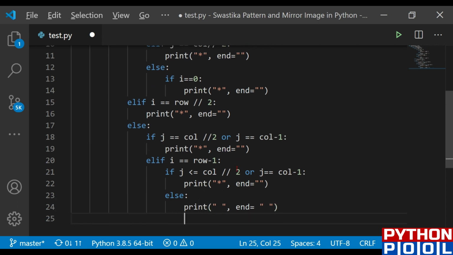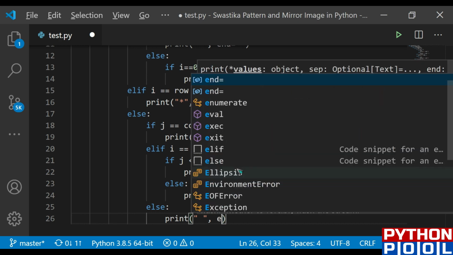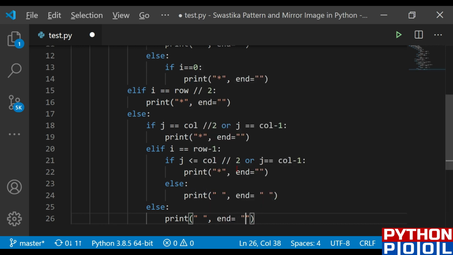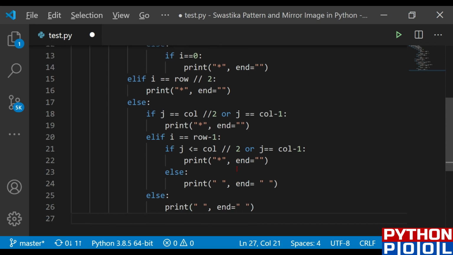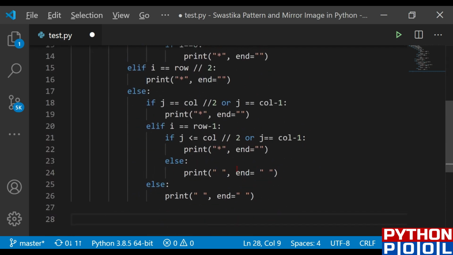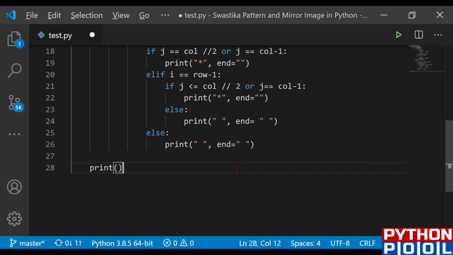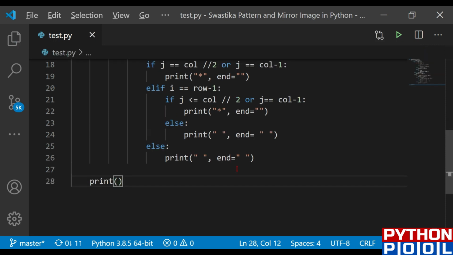Okay, that's it. Now the else condition for the main loop. Let's define the else condition right here, and in it you need to print the gaps, with the ending also being the gaps. Perfect. And in the end, whatever it returns, I need to print that. So let's add the print statement right here after all the loops, and let's hit save.